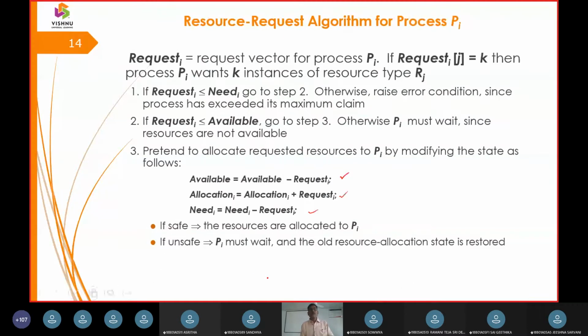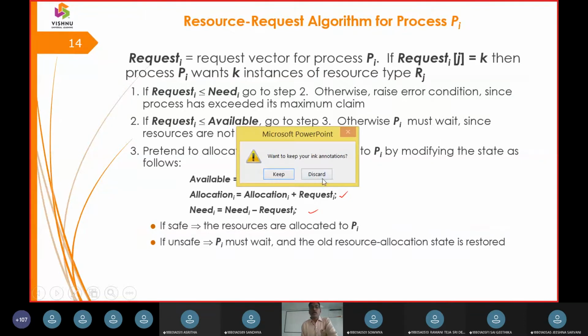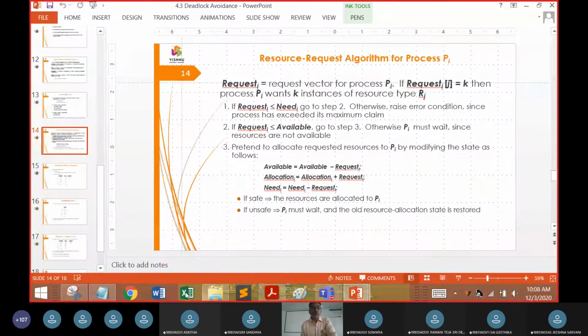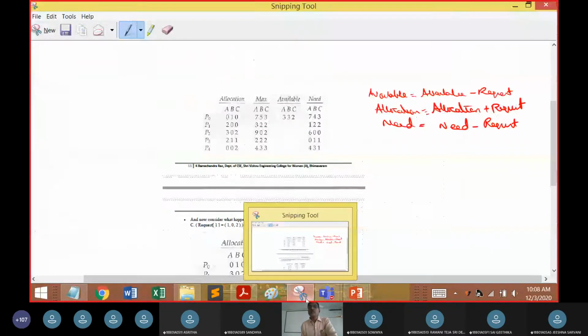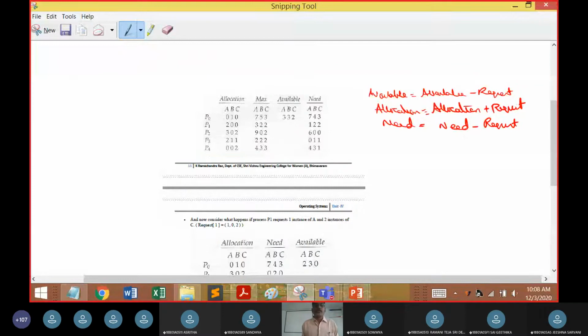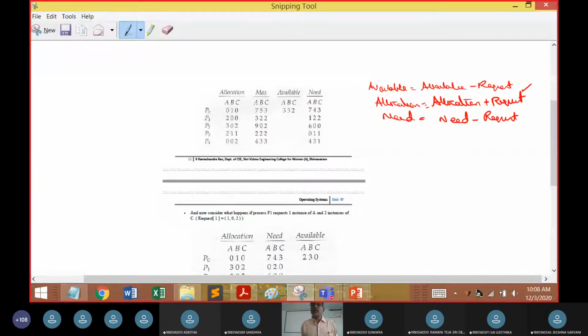After that, the resource allocation request algorithm is taken up. So now let us see how this resource allocation works with the 3 steps. You can see a scenario: availability is equal to availability minus request, allocation is equal to allocation plus request, need is equal to need minus request.